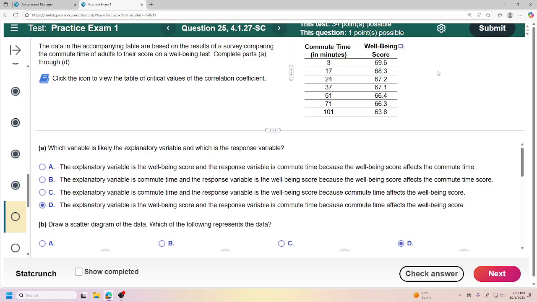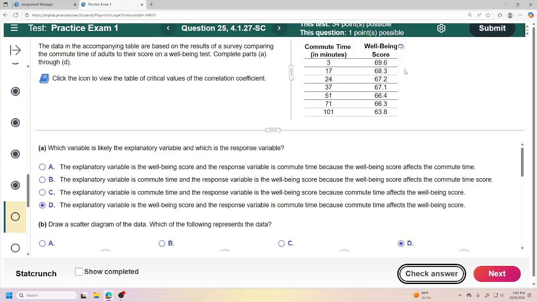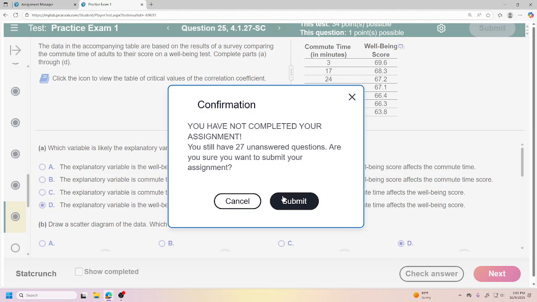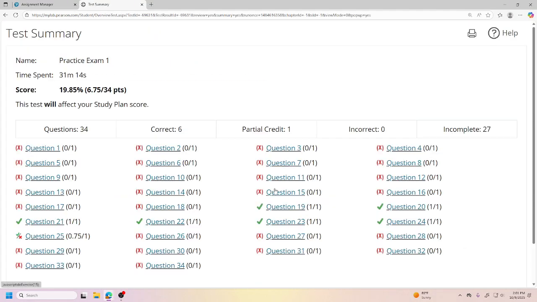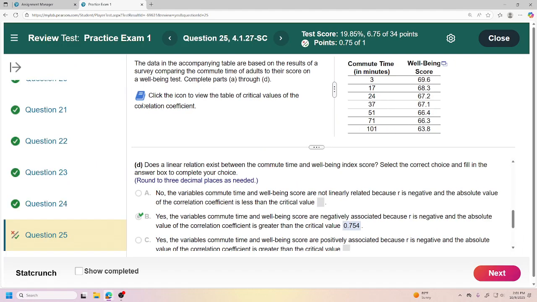What I'm going to do, and you can always do this at any time, I'm going to hit submit. See, when I hit check answer, it doesn't tell me what's wrong with it. But you don't even have that button. You could just hit submit on every one of them. You could literally do this 40 times if you wanted to, and you would see what you got right or wrong, what they say is good. So let me see what they are saying.